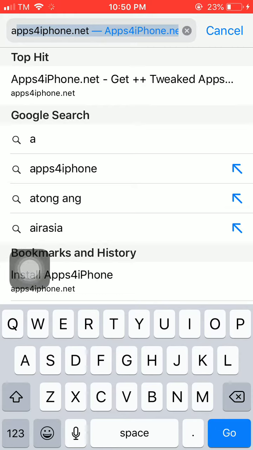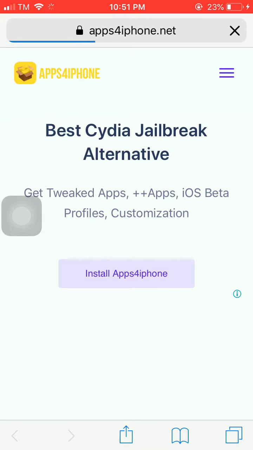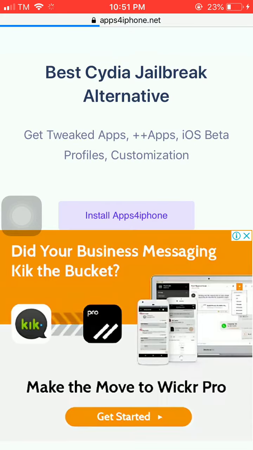I link it down in the description box below. You can install the app for iPhone and you can receive a profile download.